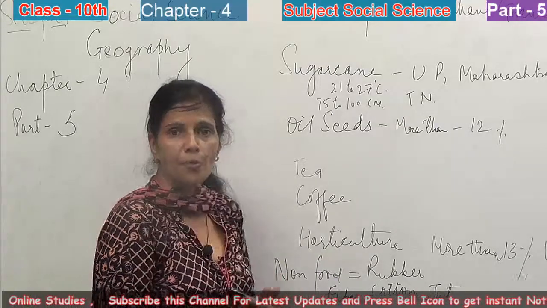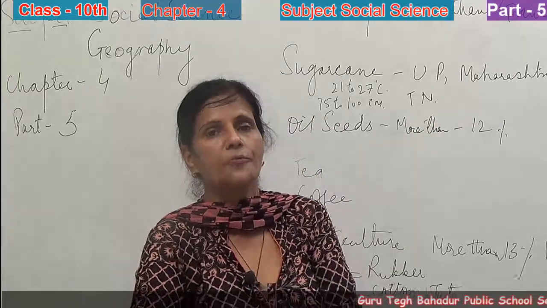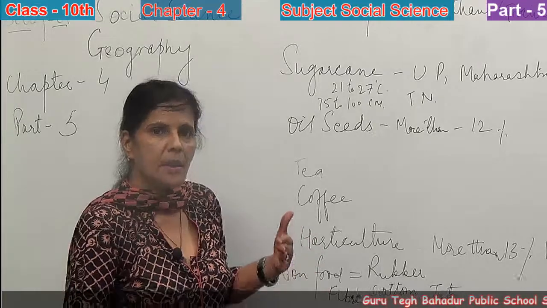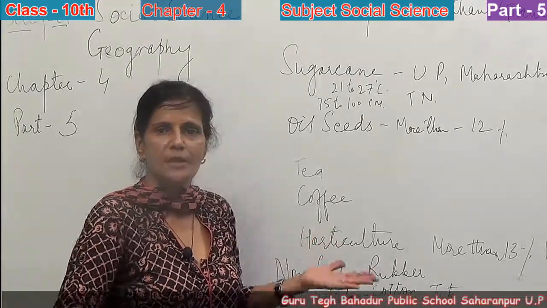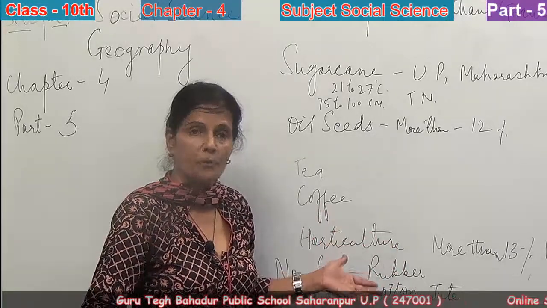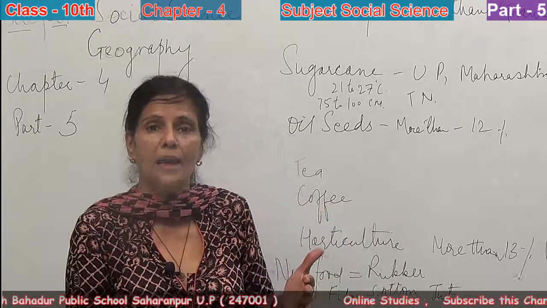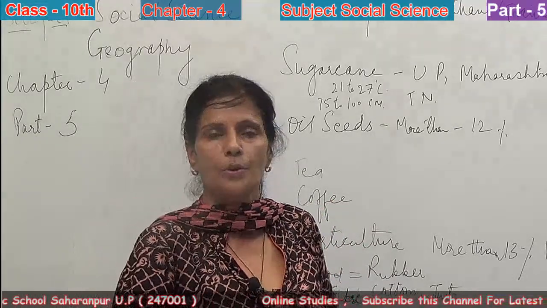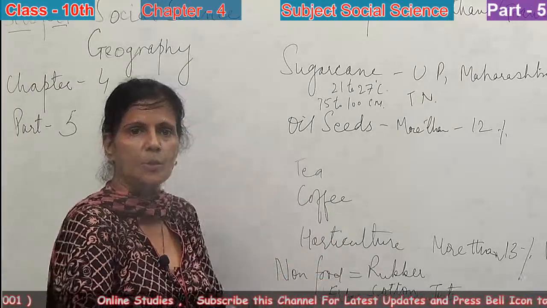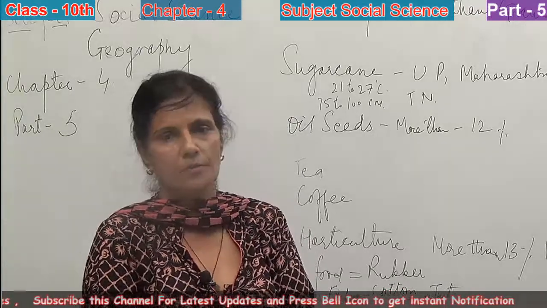When we talk of fruits, India produces all types of fruits, whether tropical, subtropical or temperate fruits. Correct? Mangoes of Maharashtra, guavas and lychees of Uttar Pradesh, then apricots etc. of Jammu and Kashmir, oranges of Cherrapunji and Meghalaya. They are famous all over the world. So in the horticulture crops also, India is doing very well in terms of GDP and in terms of production.